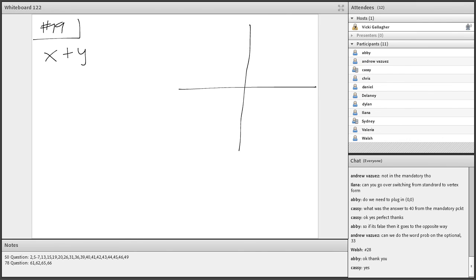x plus y equals 4. I do recommend changing everything to slope-intercept form. It's just so much easier and it's so much more accurate. So I'm going to do this. And then